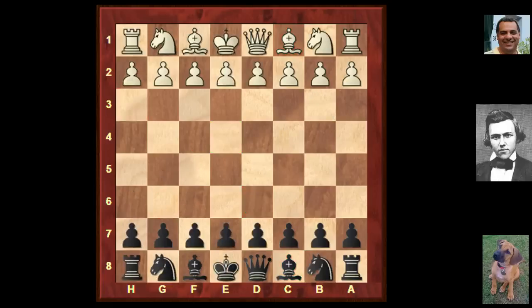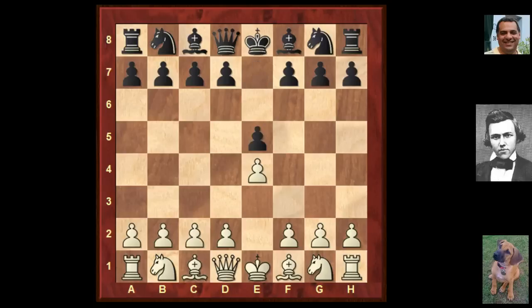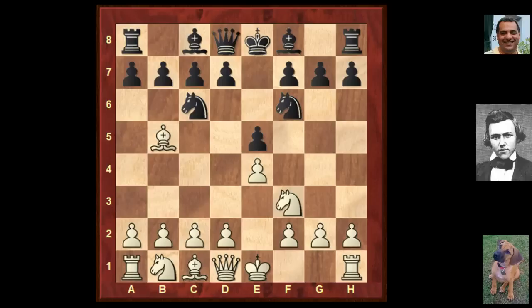So here against Adolf Anderssen in 1858, 22nd of December. So e4, and there's some notes by Lowenthal. So we'll flip the board. e5, knight f3, knight c6, and we see Ruy Lopez, Russian system, knight f6, and now d4, actually opening up the game with d4,